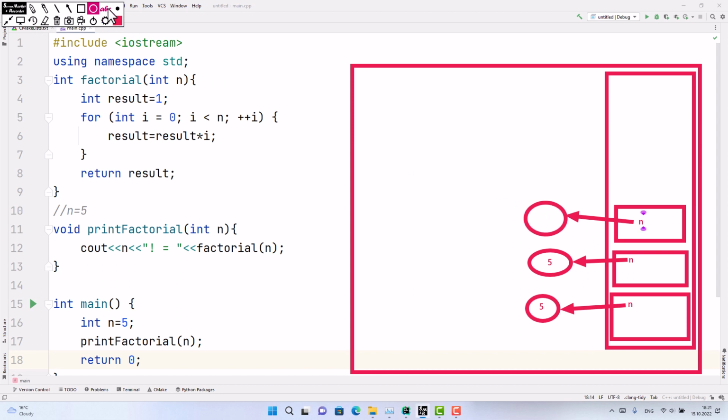It will also be 5. And when the factorial function reaches the return statement, the return statement will stop execution of the function and give the result. Then the activation record of the main function will be removed with the variables. Variables will not be removed immediately, so you will need to delete them yourself. In some languages like C++ it works the same way, but they will remove it by garbage